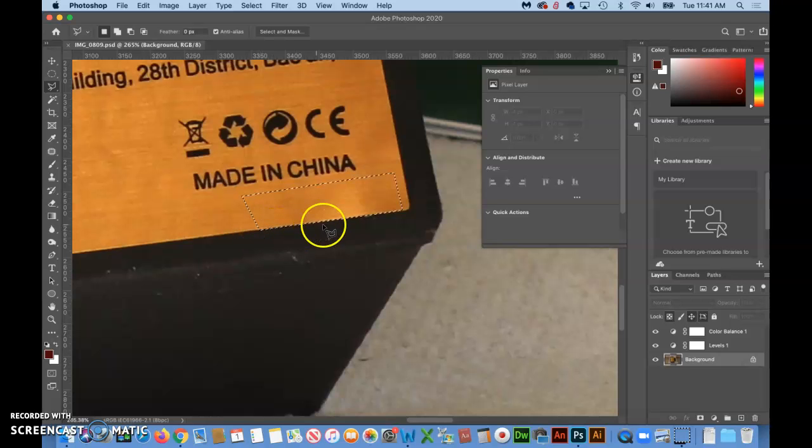Okay, so now once I've completed that with the polygonal lasso tool, a selection is made. And as you know in Photoshop, it's all about what layer you're on, and then furthermore, if you have a selection made, only things can be done inside of that selection. So if I go back, grab the clone stamp tool,